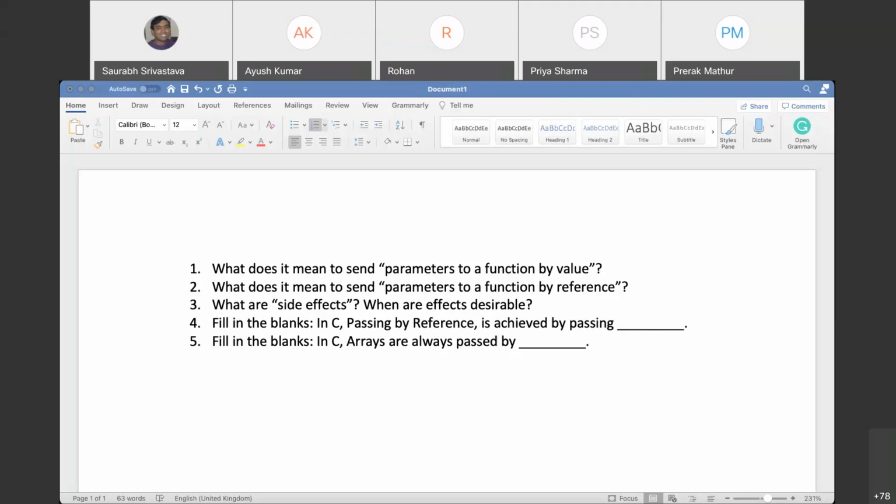Priya, is your doubt clear, or do you want more discussion? So he explained that we have to pass the values for the array by reference. We can't pass it by value. That's why I was having a doubt about why we have to pass it by reference and not by value. So Prerak wanted to say that we don't have to give a particular location. That's why we are passing by reference. Somewhat it's clear, but I'll have to read it again.